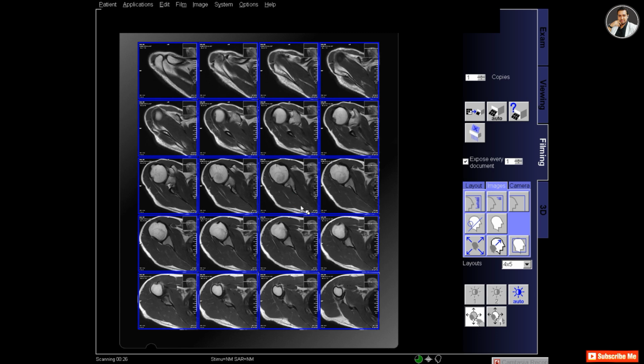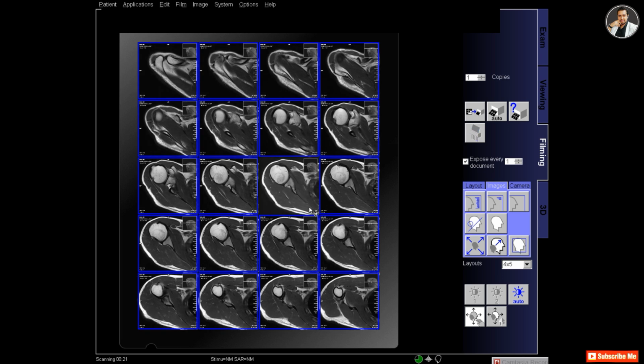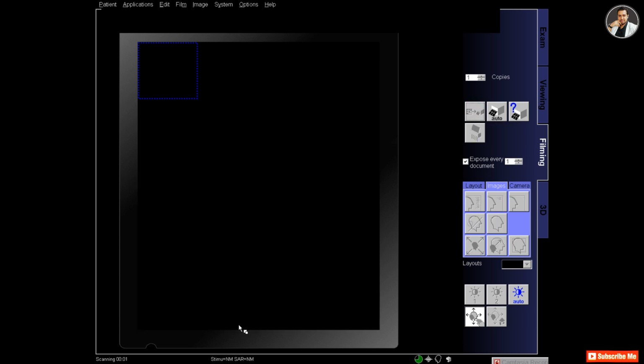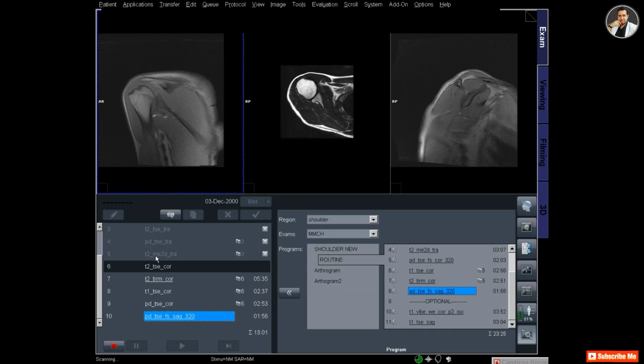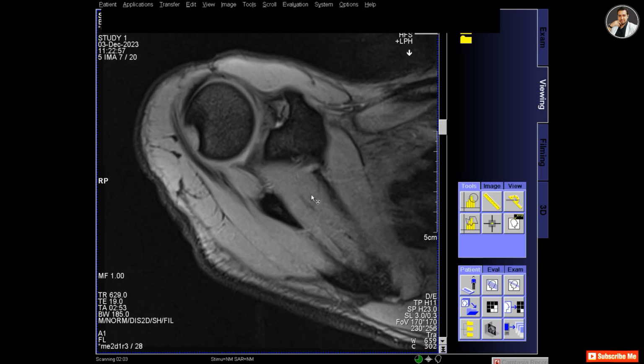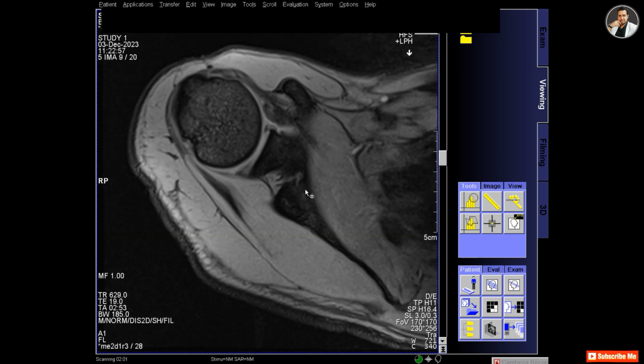So I will select the series and send it to the filming, like the previous one, 20 axial slices fitted in the film, and just adjusting the window so that it looks good, and then print out. Sorry, that was PD transverse, not T1 transverse.